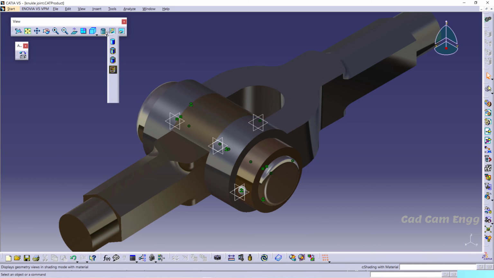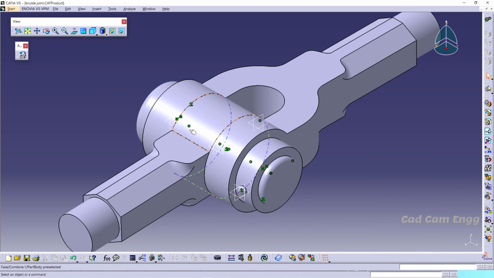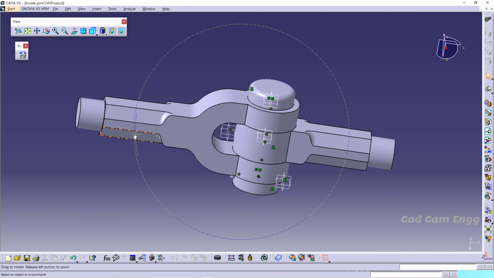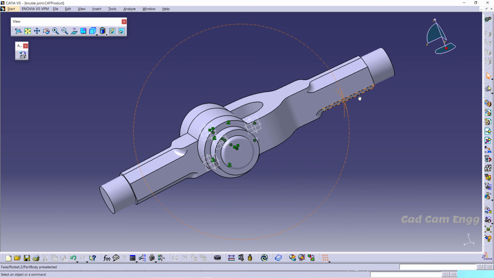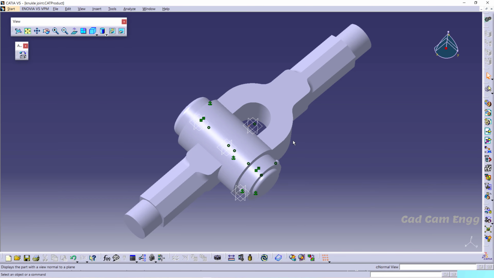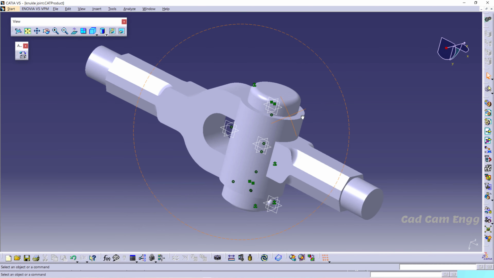And if you want to see the material, you can see it by activating the shading. Okay, shading with edges. If you are giving shading with edges, you can only see the edges with some random color used by the CATIA program. And if you are giving normal shading, you can only see the random color.